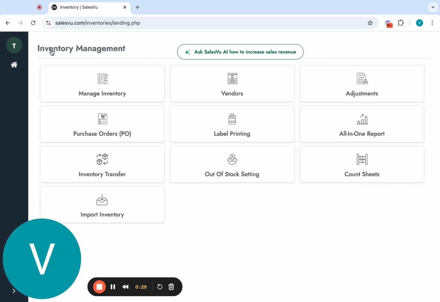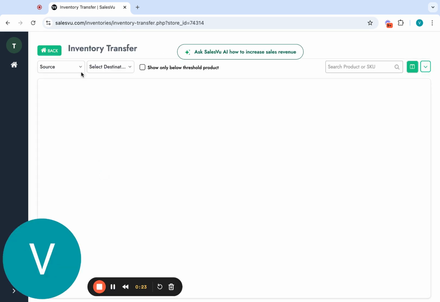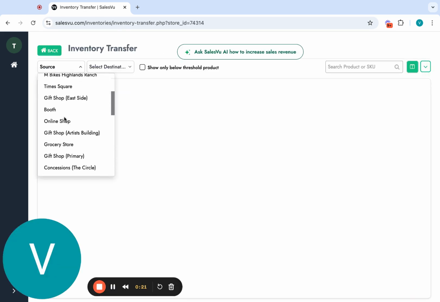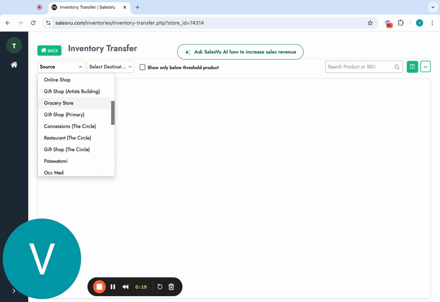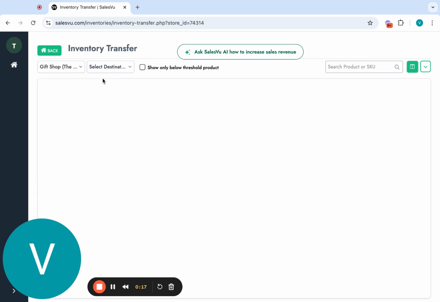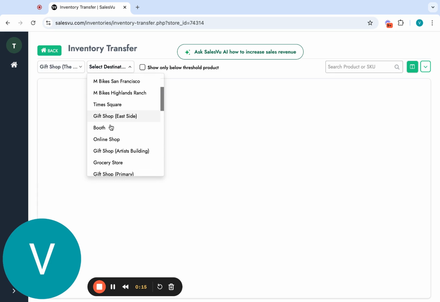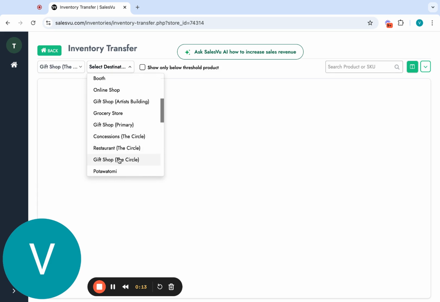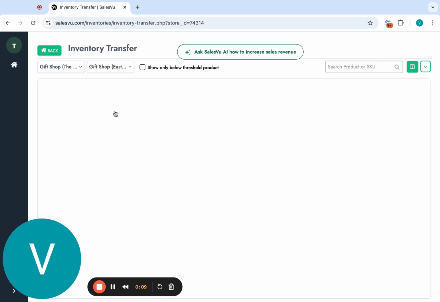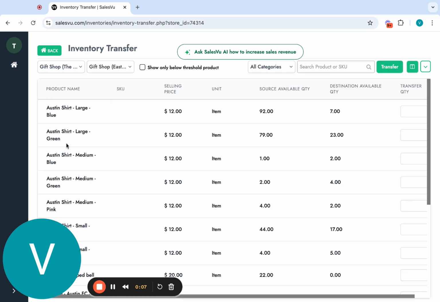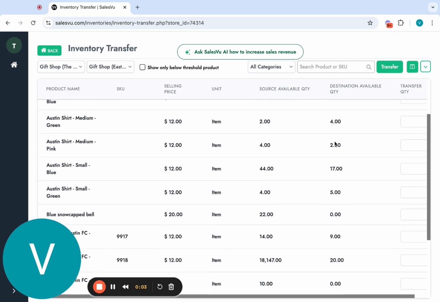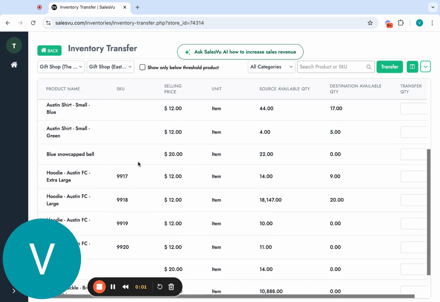Now I'm going back and I'm going to talk about inventory transfer, since we talked about that very briefly. You can select the source. In this case, I'm going to go from the primary source, and I can select the destination. Let's say this East Side gift shop. Now I can see the product name, I can see the source available quantity, destination quantity. So I can easily see, for example, in this